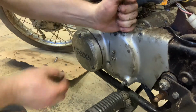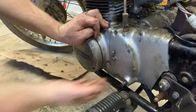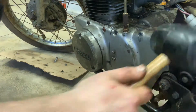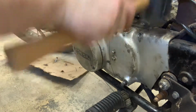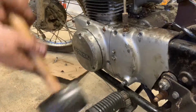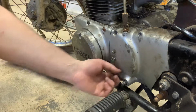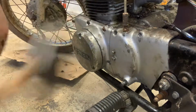So I need to probably work on this a little bit here. Maybe get my rubber hammer, tap it a few times. You don't want to hit aluminum too hard because you can break it. And this one's got the shaft on the bottom here, so it's really got to pull straight out. This might be a job for the putty knife